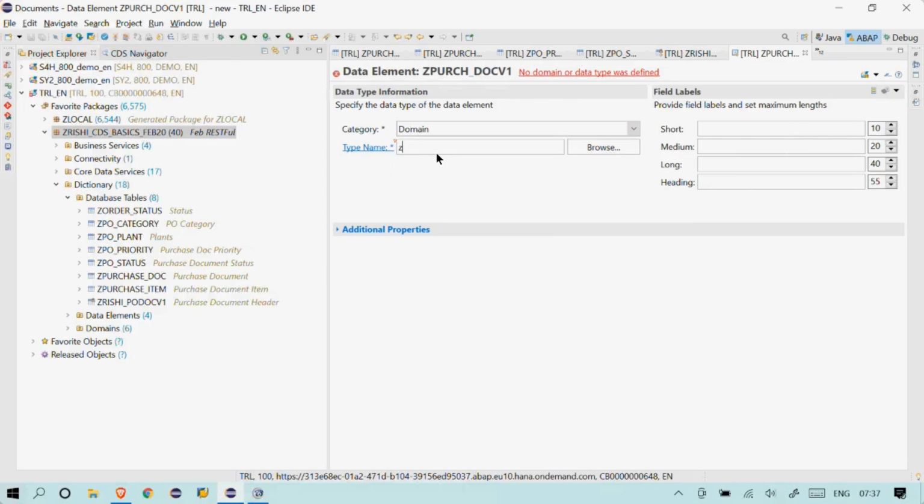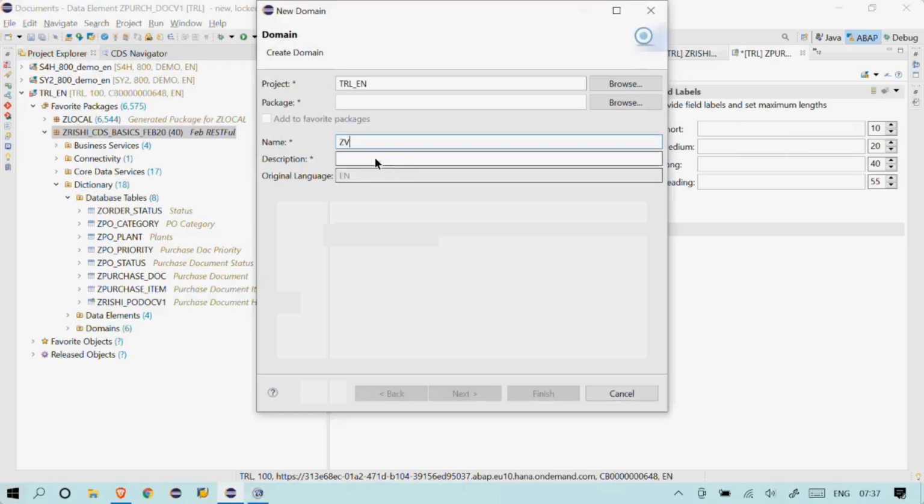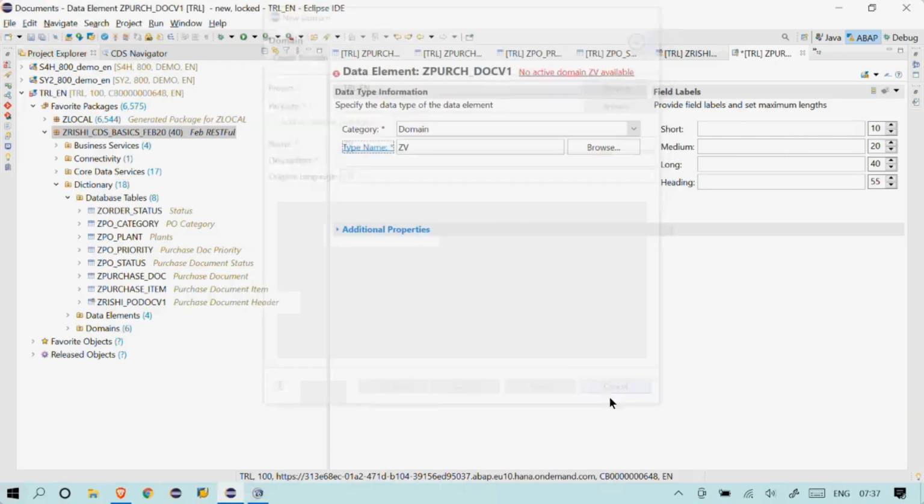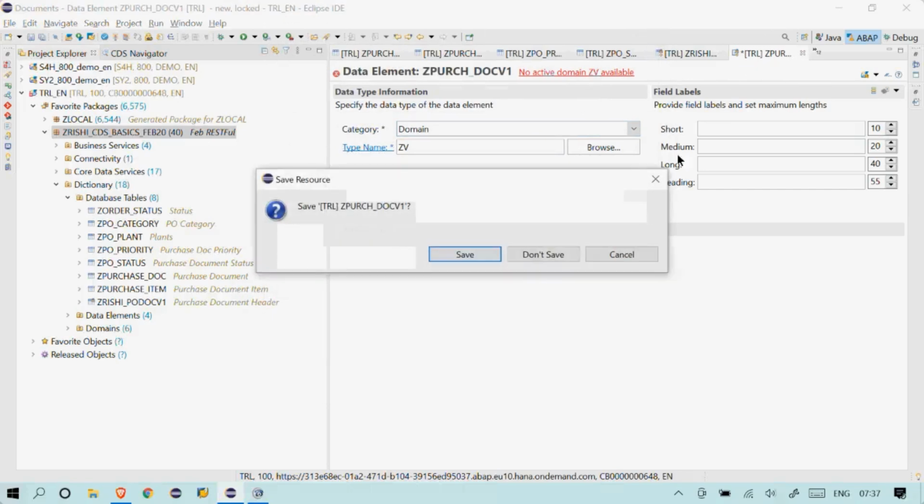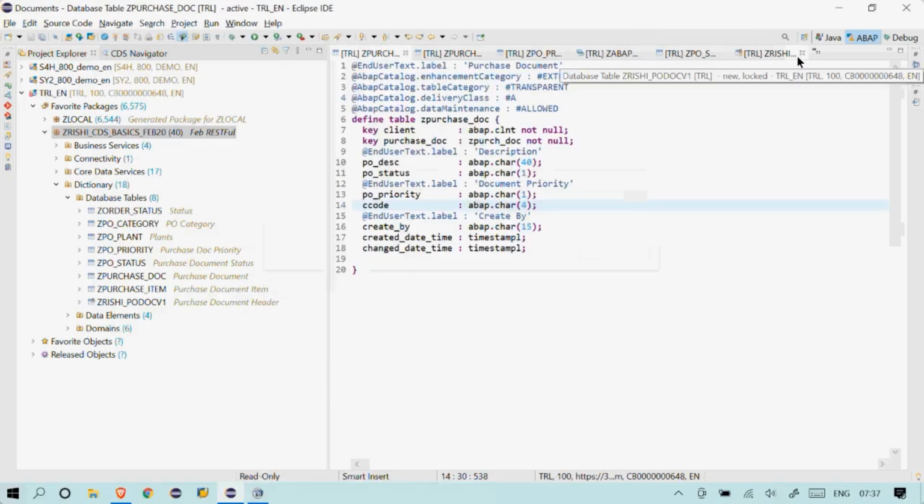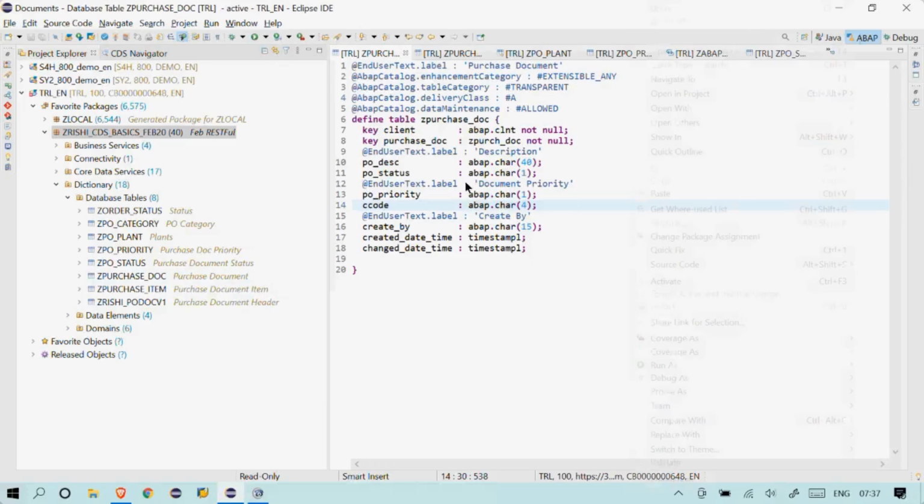When you specify that, you can specify the same name for the domain, for this data element and type name, and you can choose what kind of data type you want. Okay, this is very simple, just like how we create in our SE11. I'm just closing everything because these are not required. So that is how I created this table